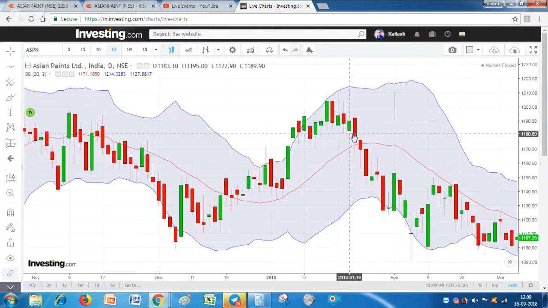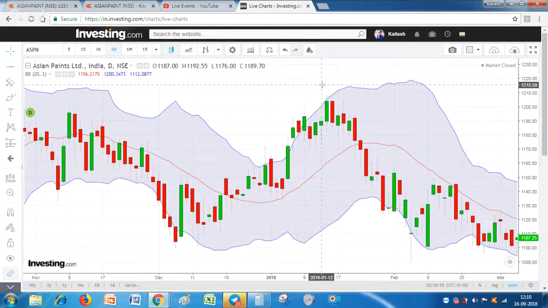Okay, so see, after that what has happened. Yes friends, now look at this condition. I'm telling you that we would have shorted this, but see, here the median line of the Bollinger Band is very close. The median line is very close. It shows a level of 1166, 65, 66 somewhere. Okay, so we have to calculate how much risk to reward there is. If the risk to reward is not reliable, then we should not go and sell the stock.